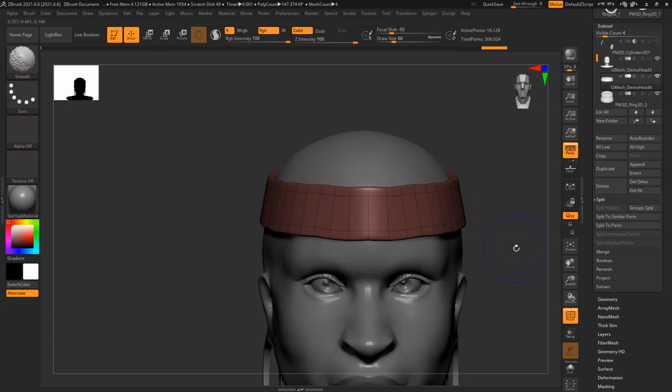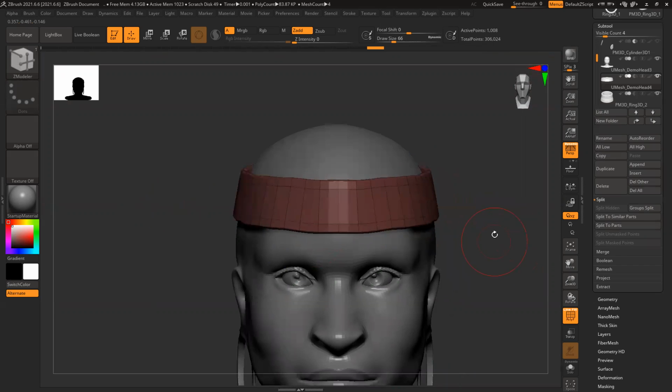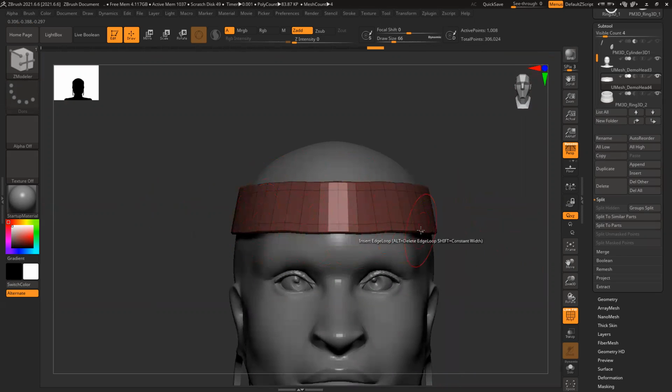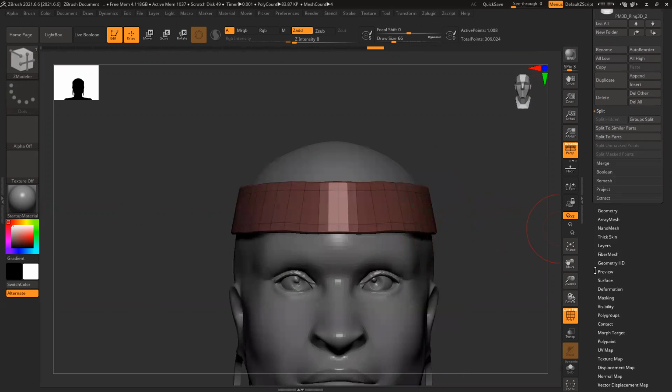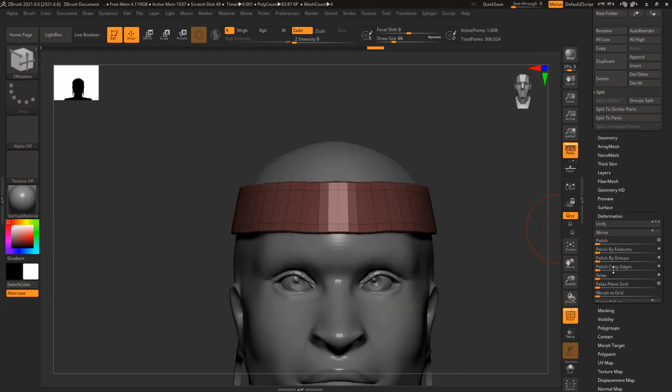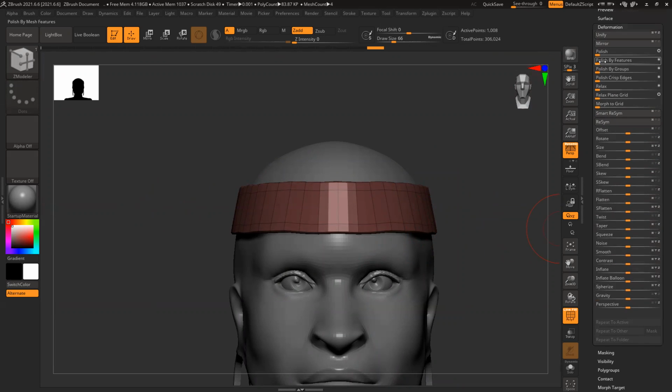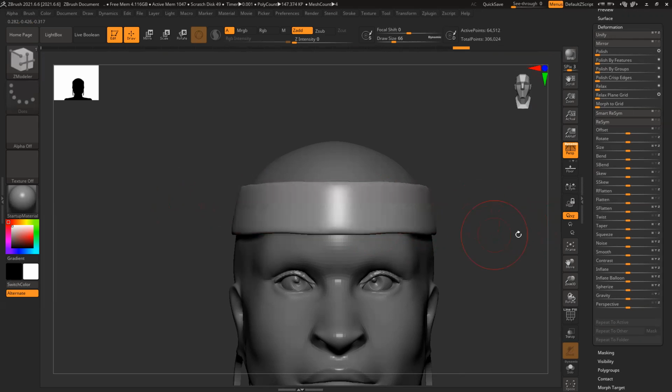So Shift D. If you want to make it really clean and smooth, the easiest way, go to deformation, something called polish by feature. It basically works on the edges, smooths all the edges. Cleans everything, move up, up, up. Okay.